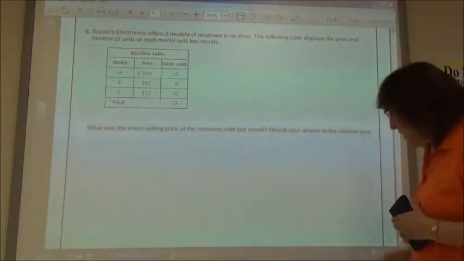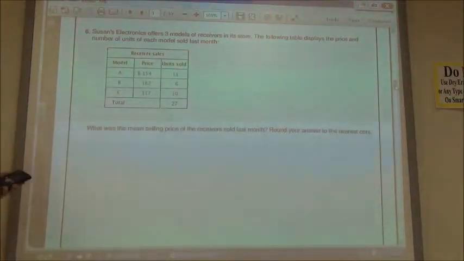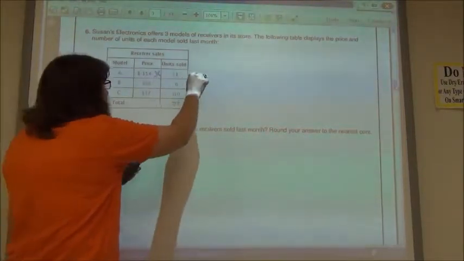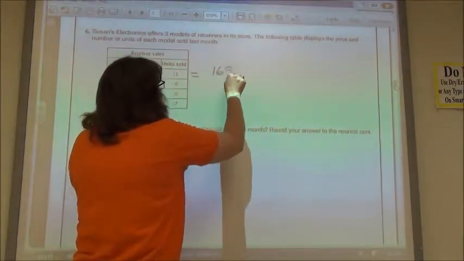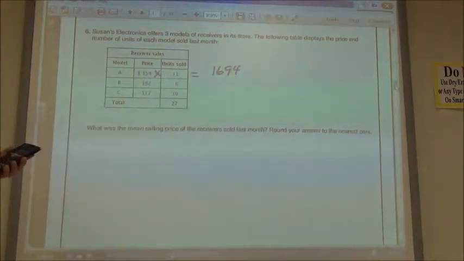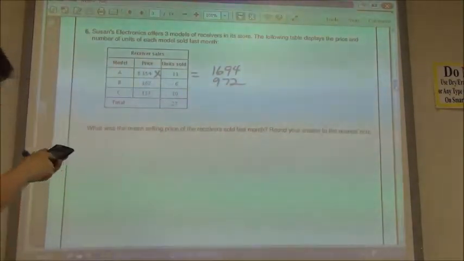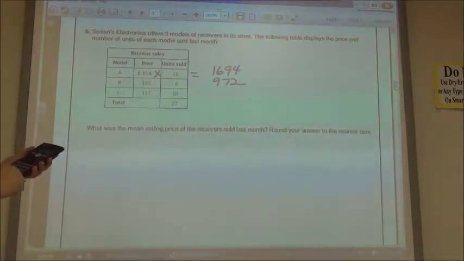And number 6, same kind of thing. This table's a little bit shorter, but we sold receivers in the store. So the first bunch, $154 each. We sold 11 of those. So 154 times 11 gives us $1,694. Then we had 162 each times 6 units, $972. And then 137 times 10,